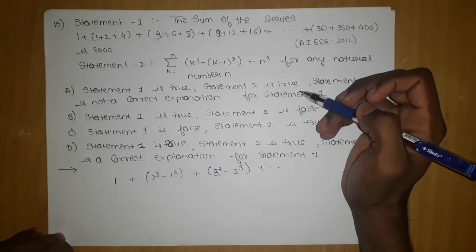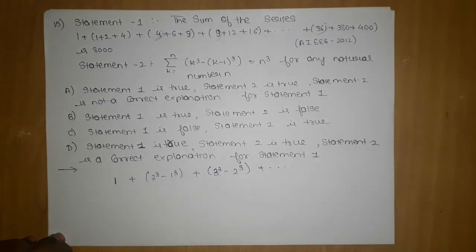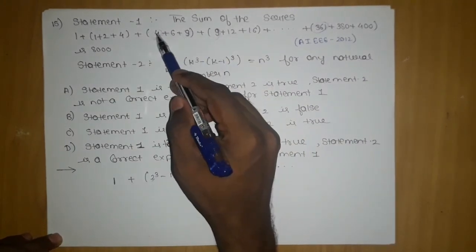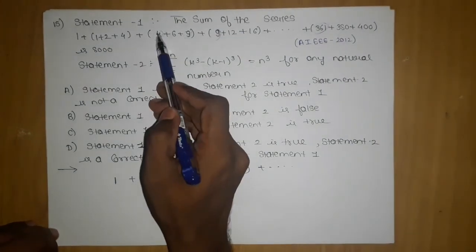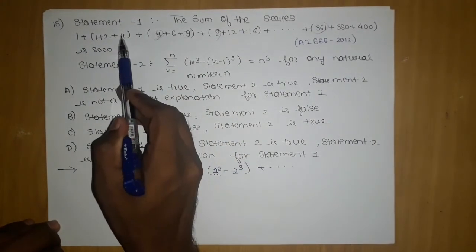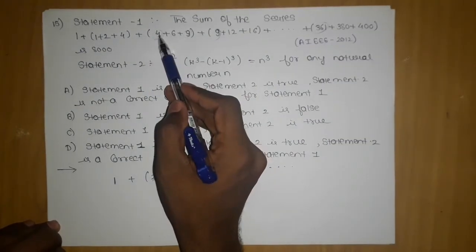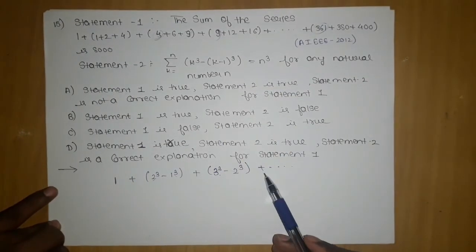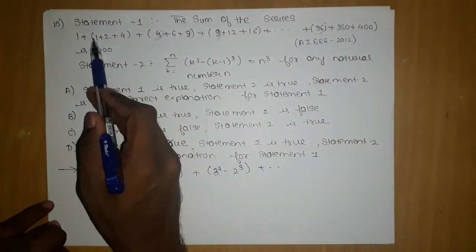We are not able to predict the next term this way, so 361 will be what? Can we predict another way? Sorry, here if the last term is 4, it is 2 cube minus 1 cube. Here it is 9, then it is 3 cube minus 2 cube. Here if it is 16, it is 4 cube minus 3 cube. I considered starting from here by mistake, sorry for that.